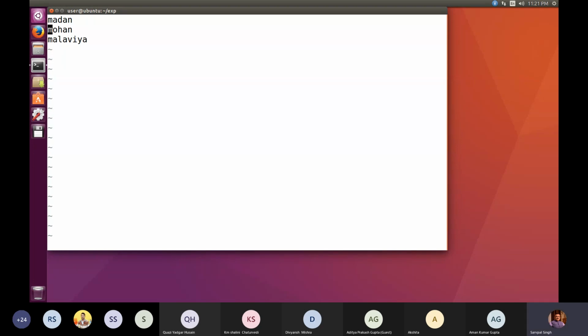So I'm just using capital O. The impact is that a new line is opened just above. Earlier when I was at the first word Madan and typed small o, the new line was opened just below the current line, and now just above the current line the new line is opened. So again you are allowed to make the insertion. और अगर इसको मैं डिलीट करना चाहता हूँ तो again command mode में जाके I am just pressing DD. ठीक है, यहाँ पे if I press small o, so below Mohan I have a new line open. तो this is something which you can do.